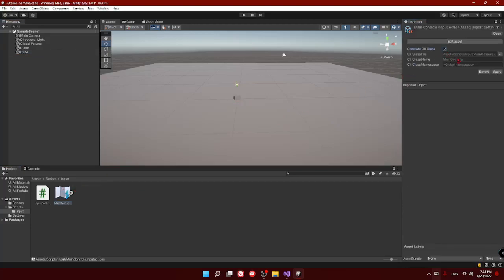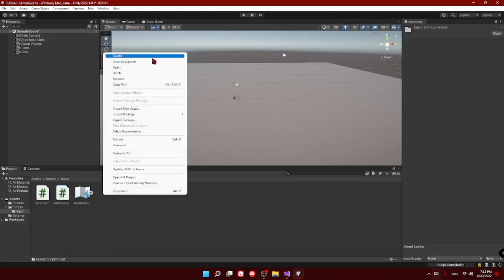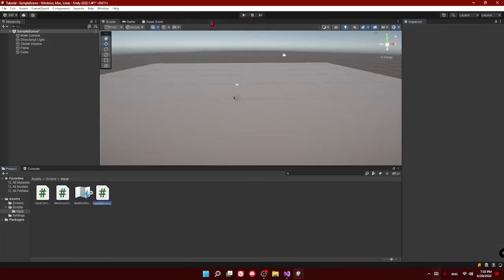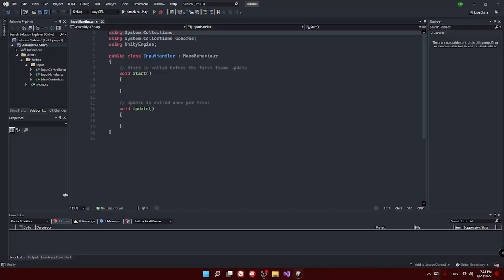First we need to ensure that we generate a C# class, then we create an input handler. Now technically you can name this whatever, but I just like to call these things.